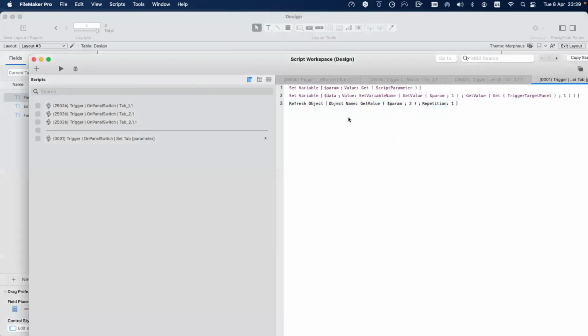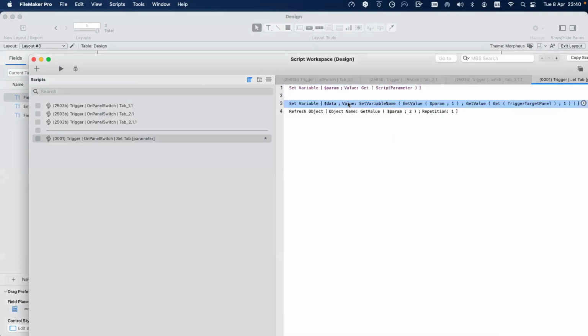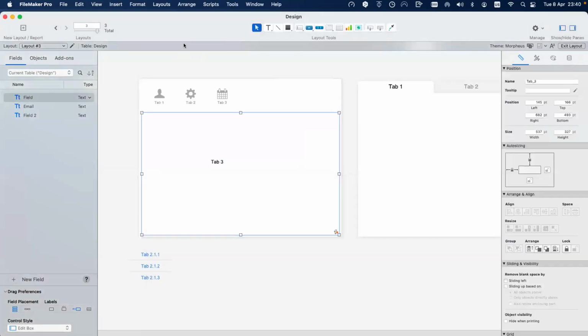Okay? So I collect both parameters here. This I said, okay, get the first value as the name of the variable. Then the content of the variable will be whatever the trigger panel we get. 1, 2, 3, right? And here, refresh the object with the name that you receive from the parameter, but it's the second one. So this script will look like this,